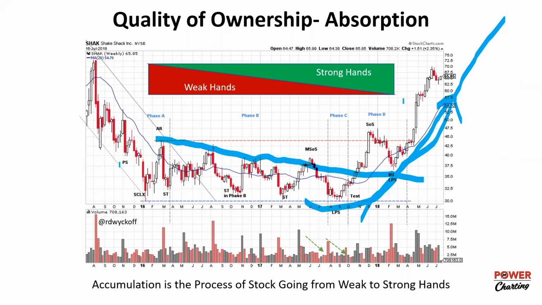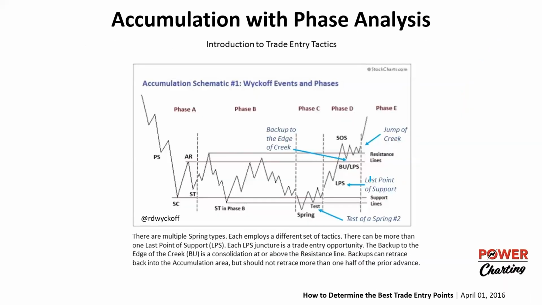We can measure the potential extent of the advance in these stocks by doing horizontal point and figure counting. Very unique, very old school methodology. It's been around for, gosh, 150 years or longer. And it's a tried and true methodology that's not very widely employed. So now let's go back here.